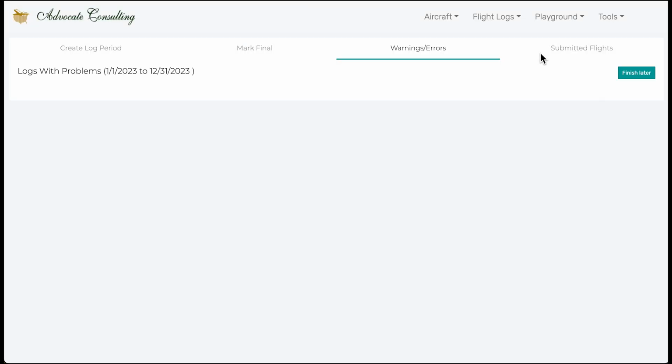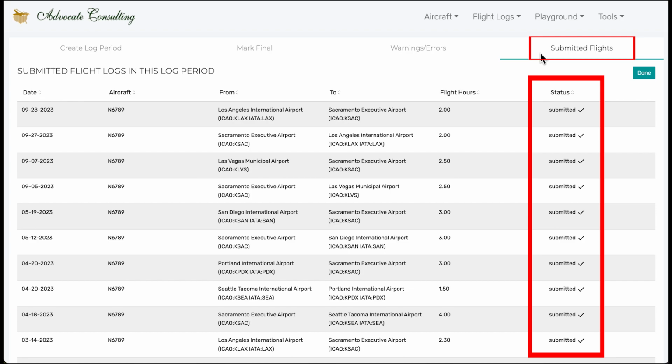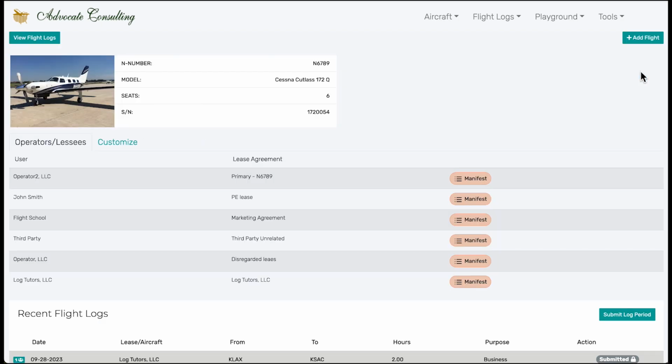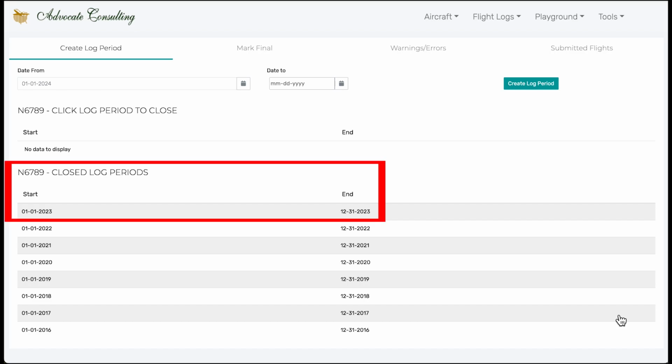are immediately taken to the final step, and that is to show that the state of all the flights has now been changed to submitted. Advocate will now be alerted that the flights have been submitted for processing. I can click Done and return to the aircraft screen. If I go back to the log submission page, you can now see that the log period I just submitted is now